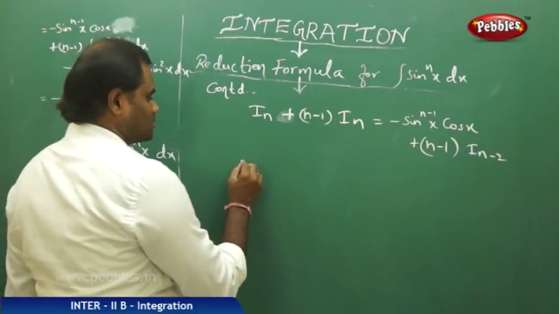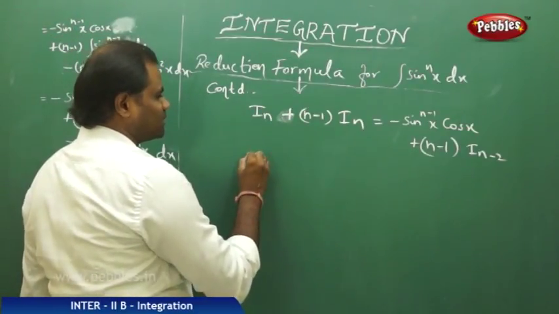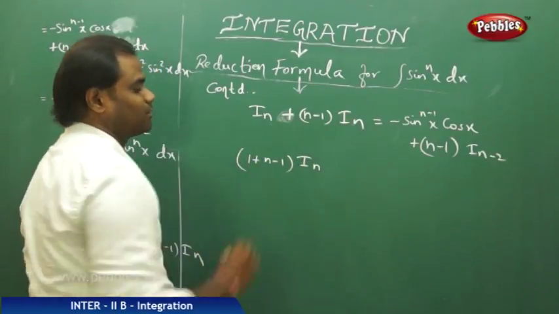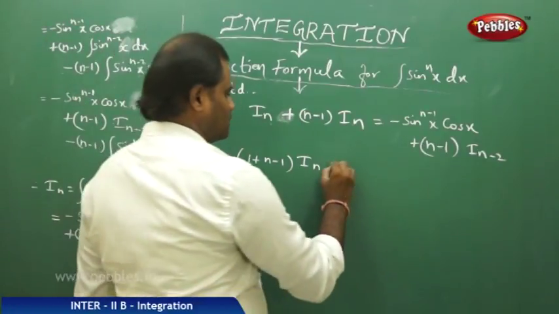So this, on simplification, gives 1 plus (n minus 1) of In when I take common, and this equals minus sin